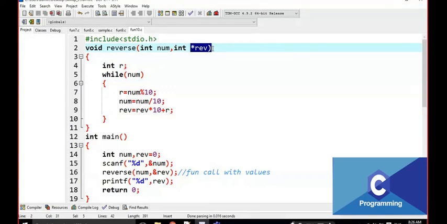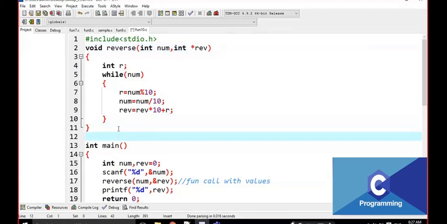Okay, then here, star REB. Anyone, what is star REB? Is it value or address? Address. For example, I already discussed, if I am going to print percentage d, ampersand num, what is this? What is it going to print? It is going to print the address. Okay.